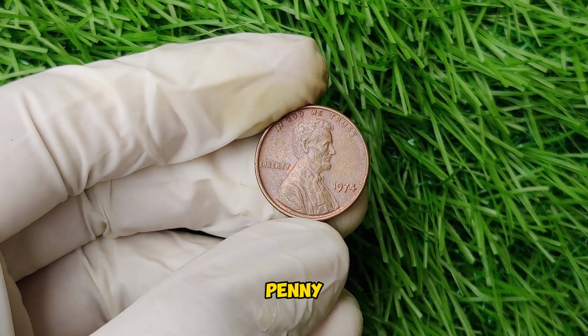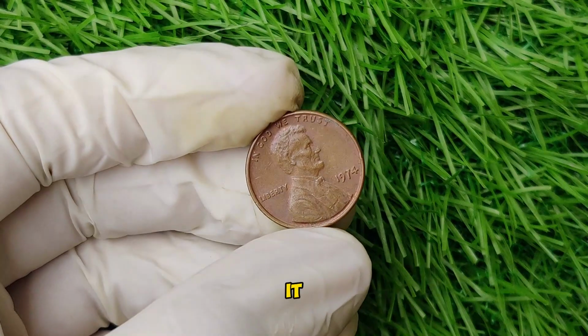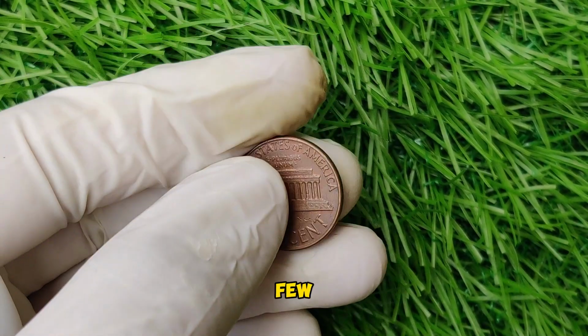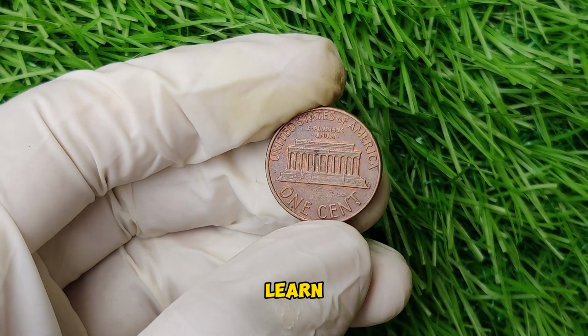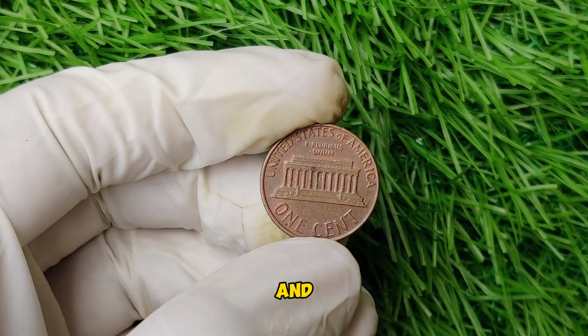Could a simple penny from 1974 really be worth millions of dollars? It sounds unbelievable, but that's exactly what happened with a select few 1974 Lincoln pennies. Stick around to learn the incredible story of this little coin, why it's so valuable, and how much it's worth